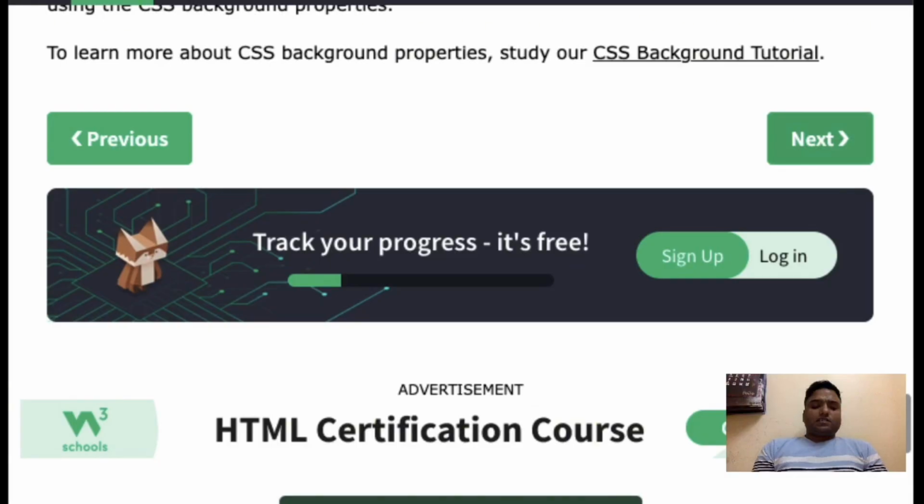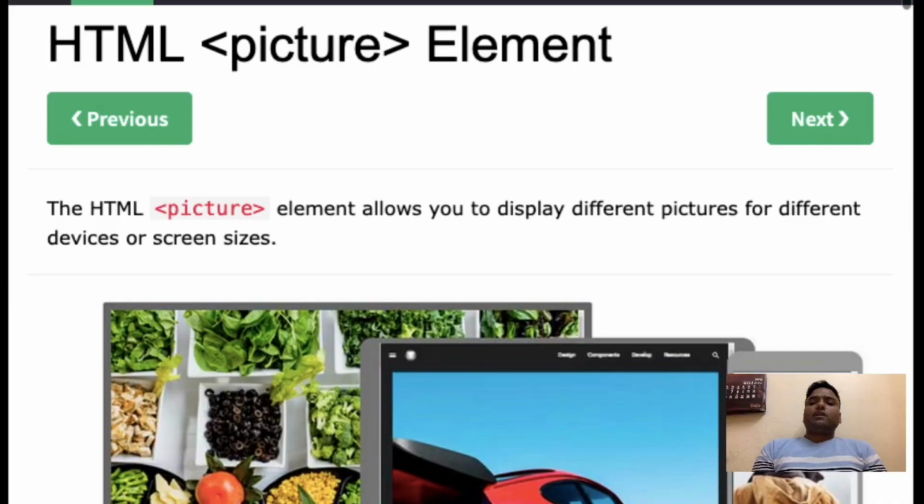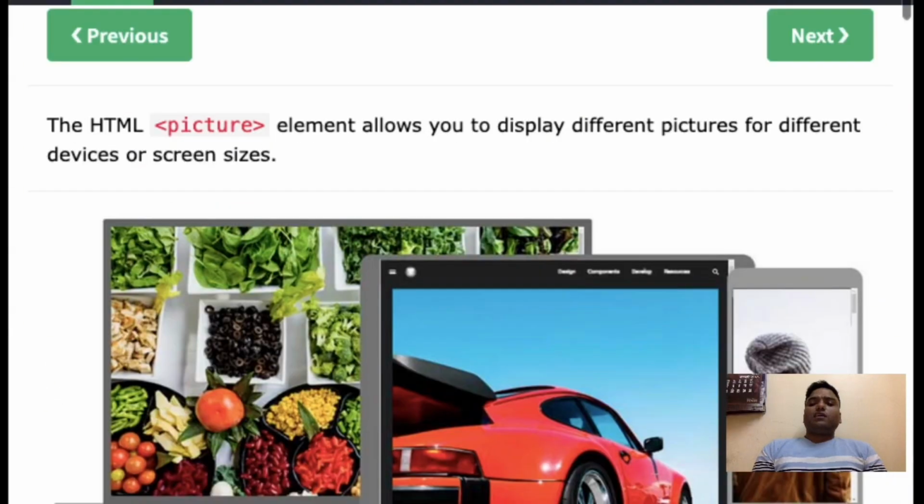Now we will move further and see an interesting element, that is the picture element. How to use that picture element. The picture element is used to display different pictures for different devices or screen sizes. Whenever a user is using different screen sizes, the picture changes by itself.